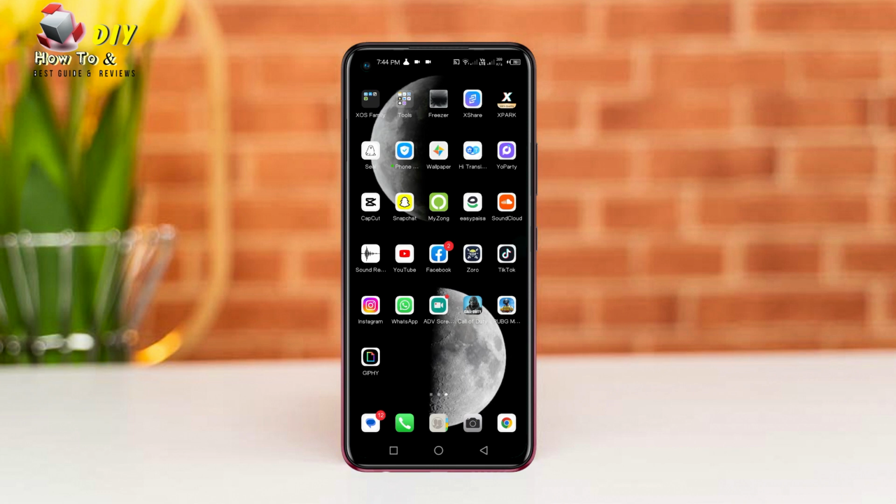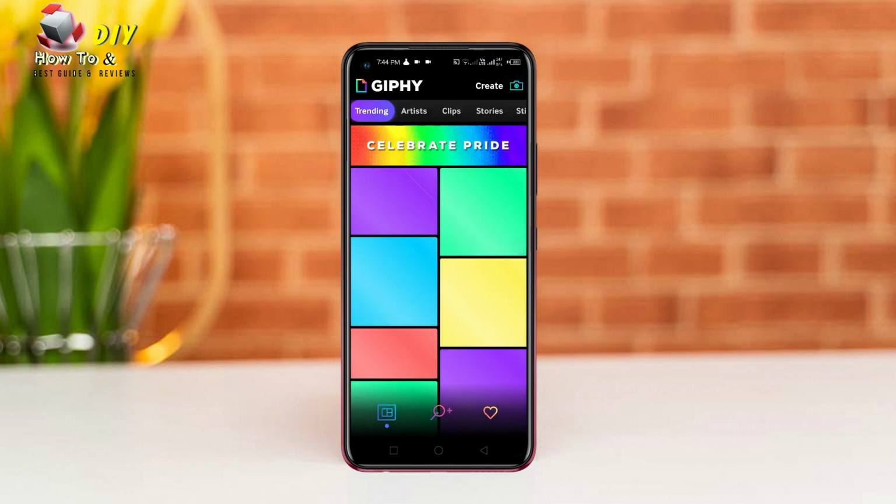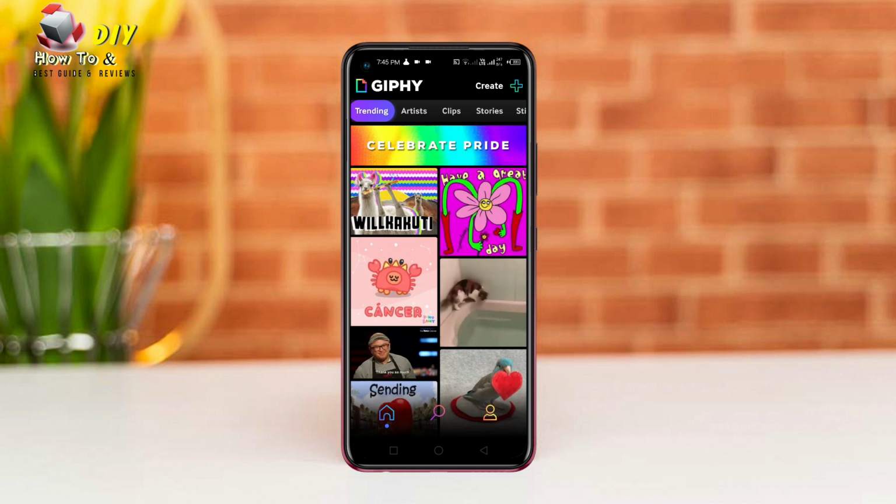Hi everyone, I will show you how to post a GIF to Instagram. First of all, you need to install the Giphy app from the Play Store. Open the Giphy app and search the GIF